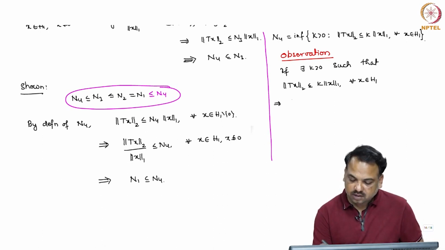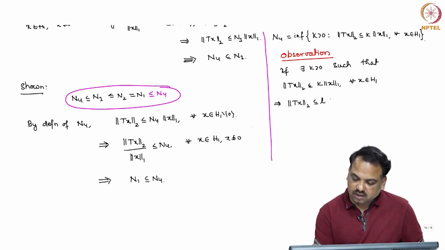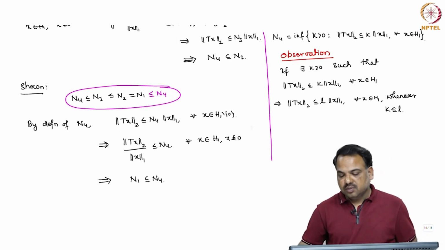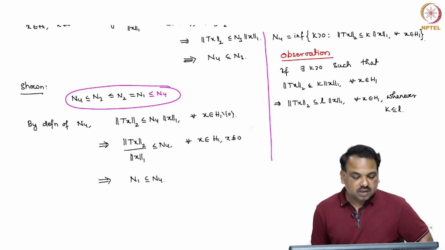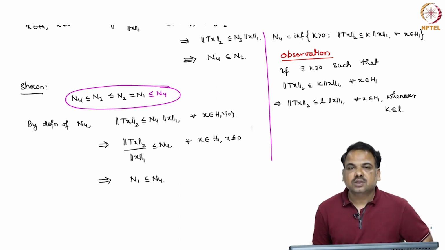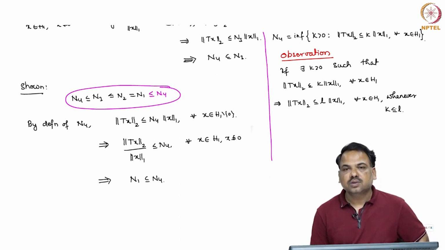This implies norm Tx is less than or equal to L times norm x for every x in H1 whenever k is less than or equal to L. Any number bigger than k also satisfies the same condition, but the fourth condition, whatever we have defined as n4, says that you have to choose the smallest number satisfying this condition,